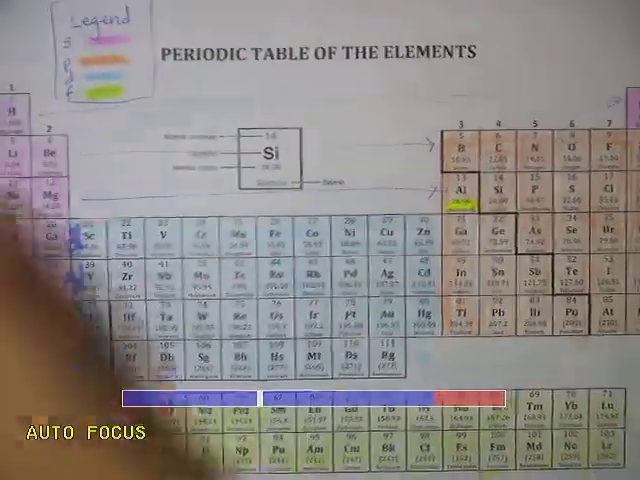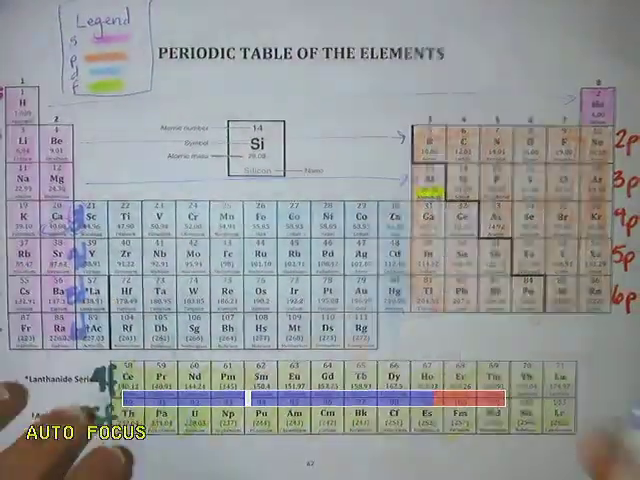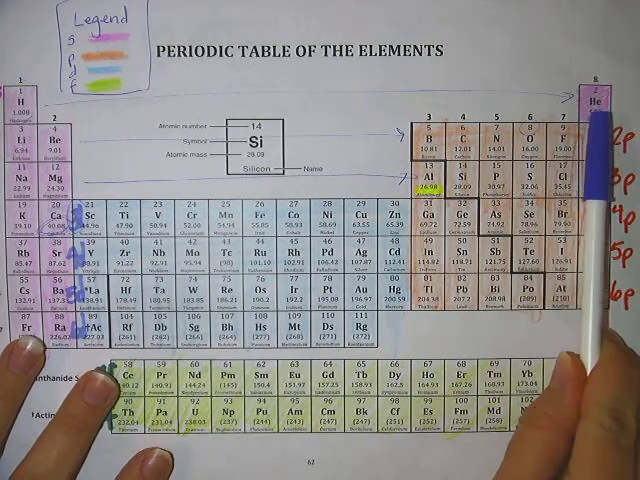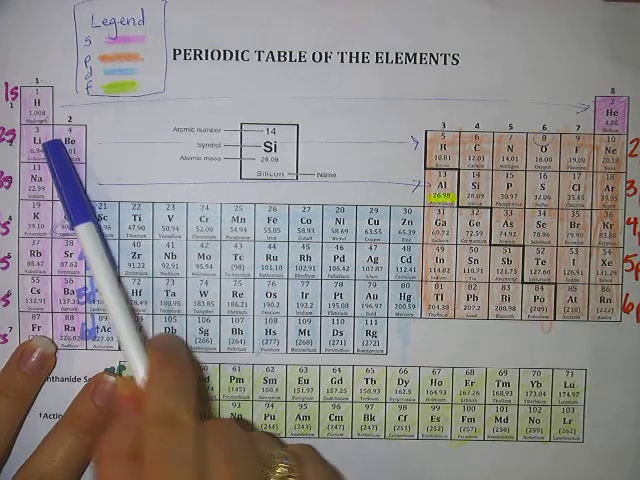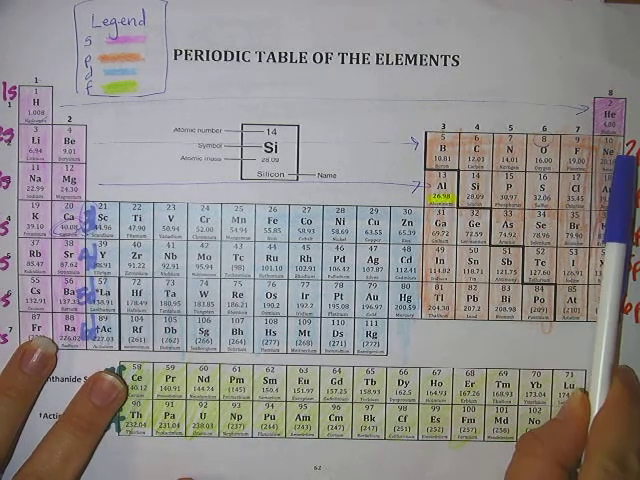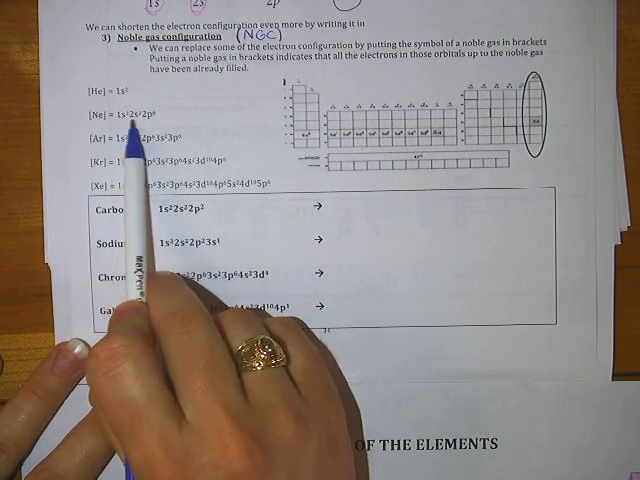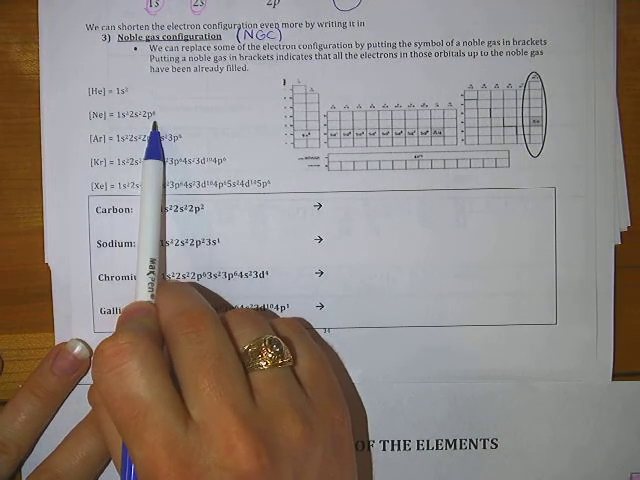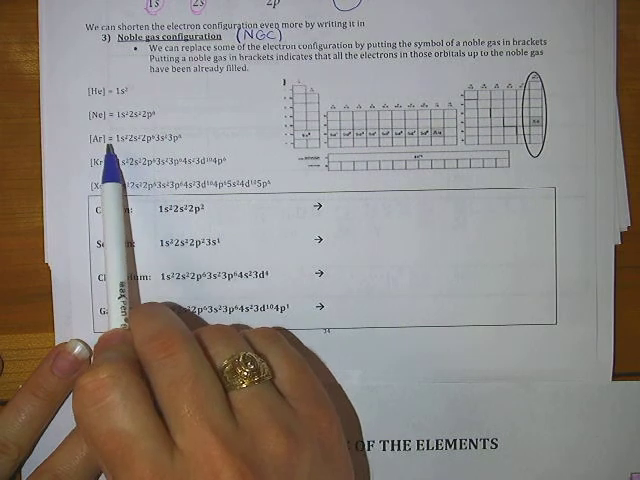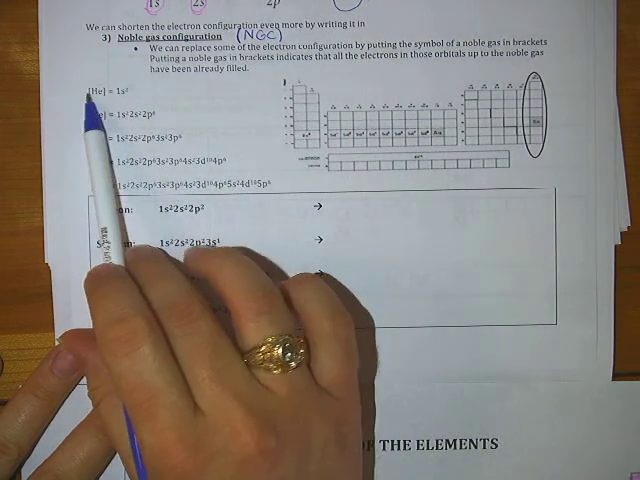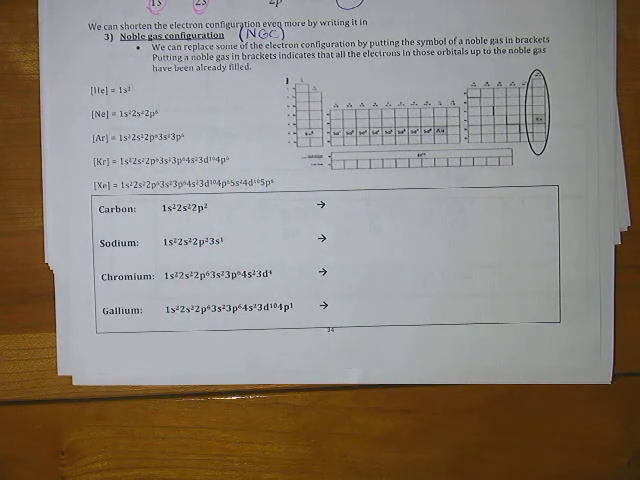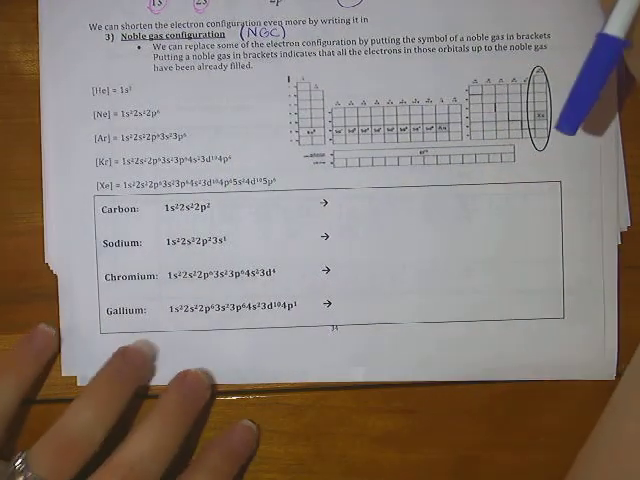Neon lands in the 2p section, so its electron configuration starts at 1s, has both of those electrons, moves to 2s, has both of those electrons, moves to 2p, has all 6 of those. So neon, as it says on your paper, would be 1s2, 2s2, 2p6. And so on and so forth with the other noble gases. You don't have to memorize these. You can just know where the noble gases are on the periodic table, and you can make yourself a shortcut,